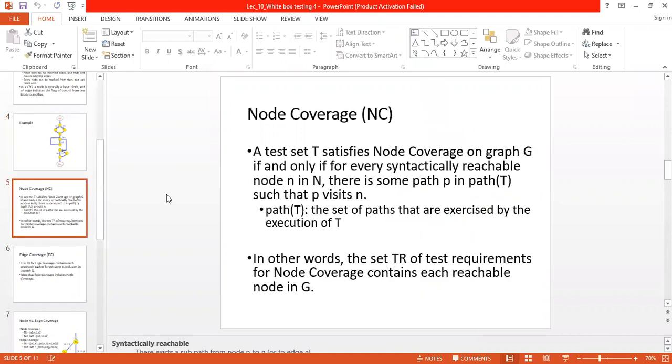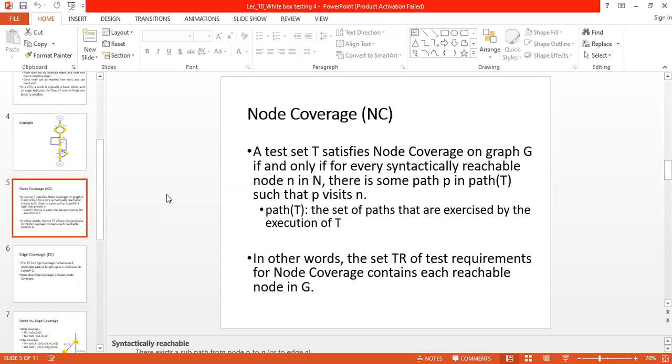So then we have node coverage, right? Node coverage means that if you have to do some sort of testing called T, right?